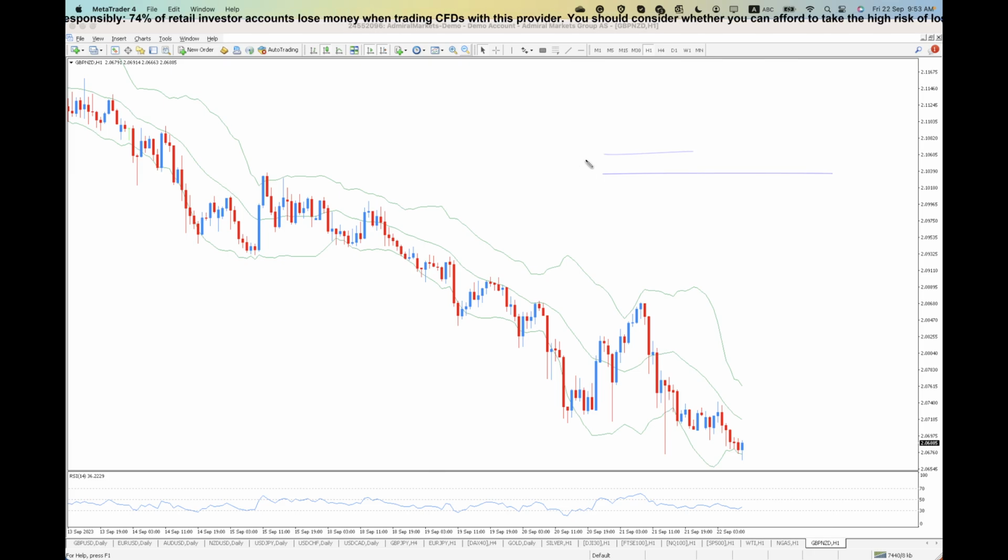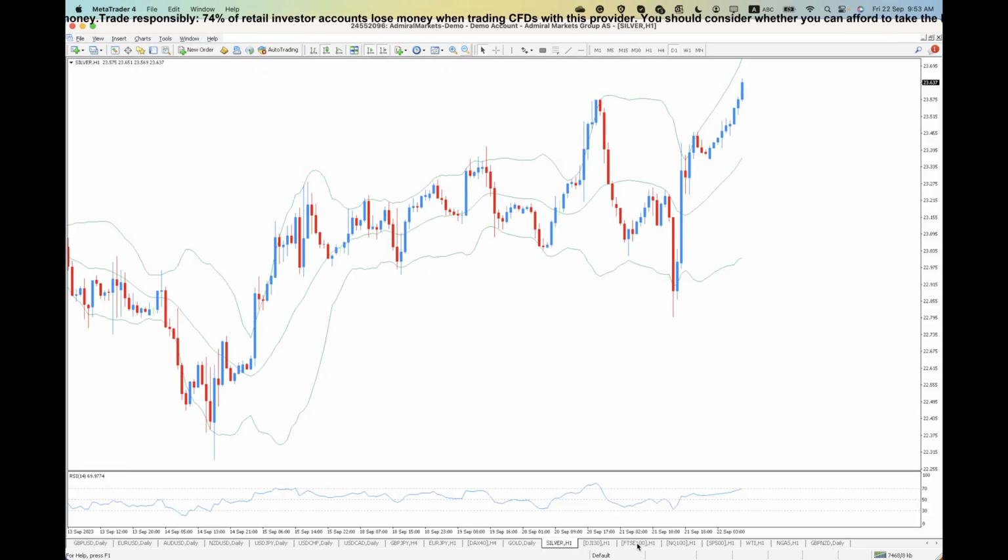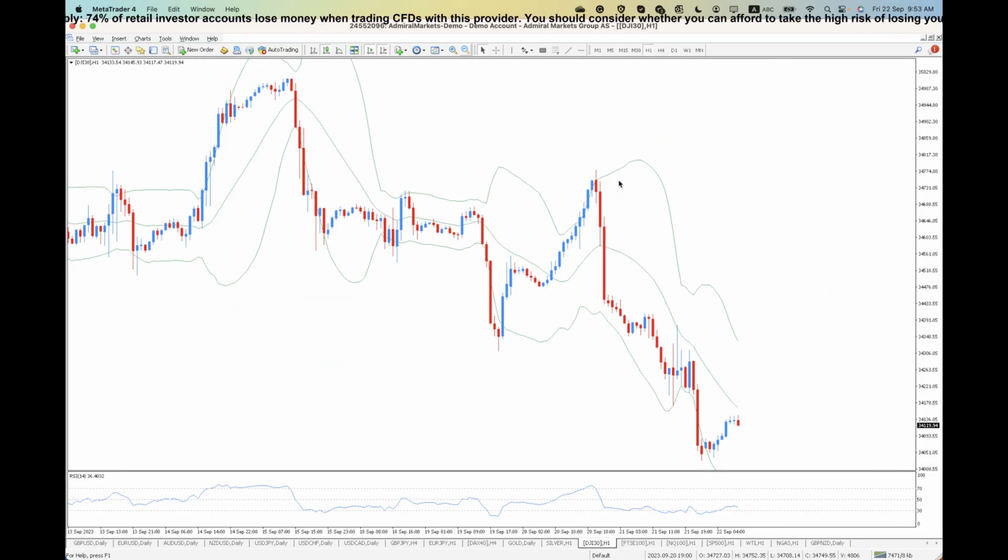Imagine if you have 5 to 8 pips spread and you go on the 15-minute chart, for example, with a 20 pip stop loss to trade. It's a bit unfair for retail traders. So let's check the Dow